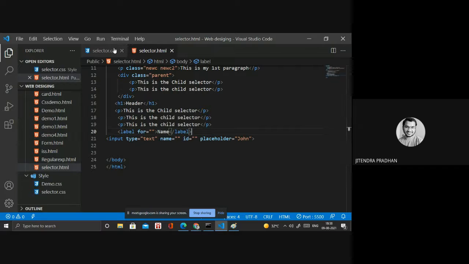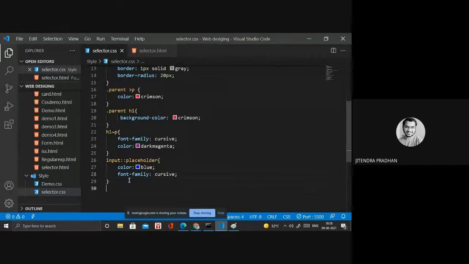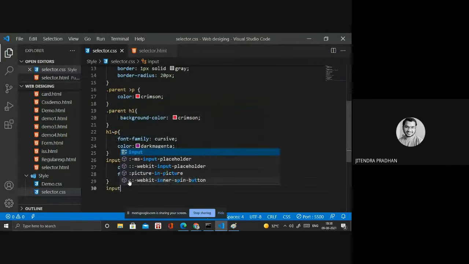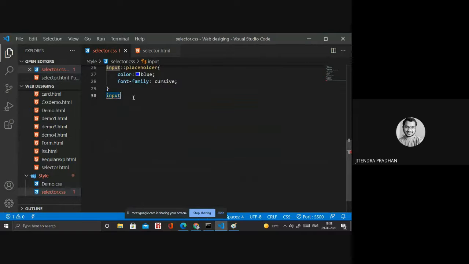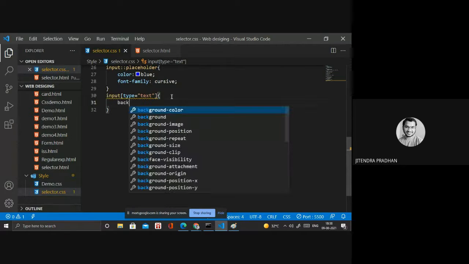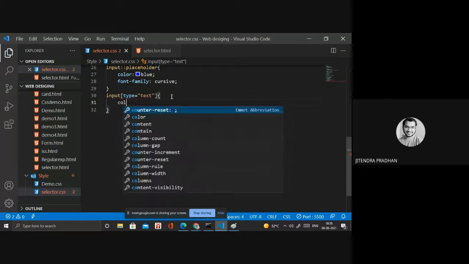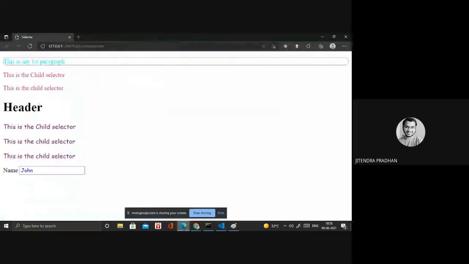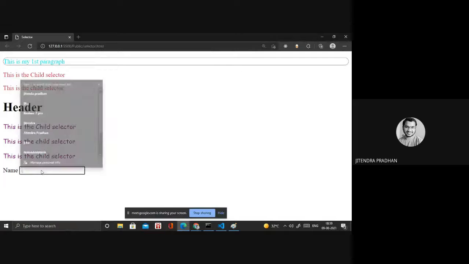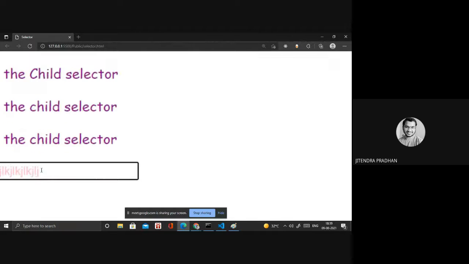So if I write input, inside we have to write type, whatever text we are using. So it's background. If I change the color, it's like pink. Whatever I write inside the particular box, it will be in that pink color.